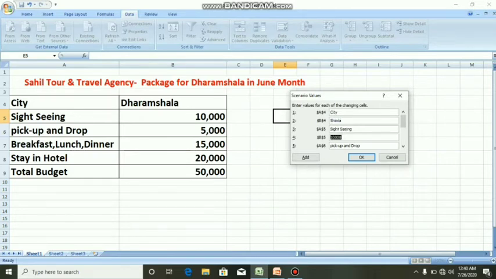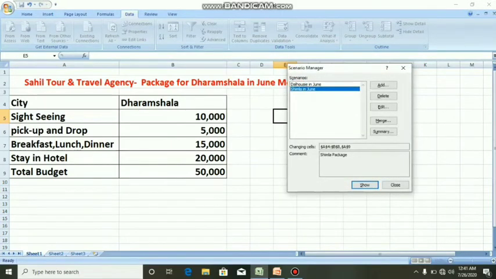Then sightseeing charges, we can increase now 3,000 in each category. 13,000. Then pickup charges 8,000. Breakfast, lunch, dinner charges 18,000. Stay in hotel 23,000. Okay. Now you can see I have created two scenarios. One is Dalhousie and second is Shimla. Now if you want to compare these two scenarios with the current